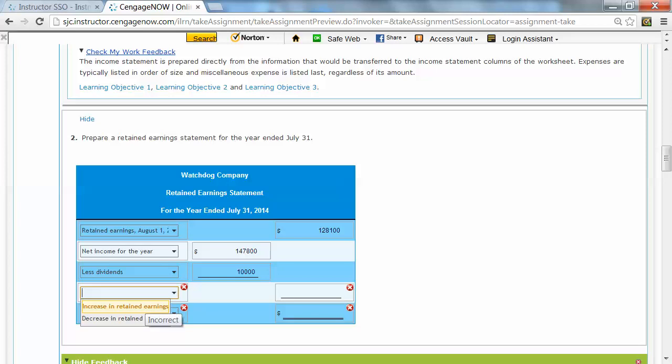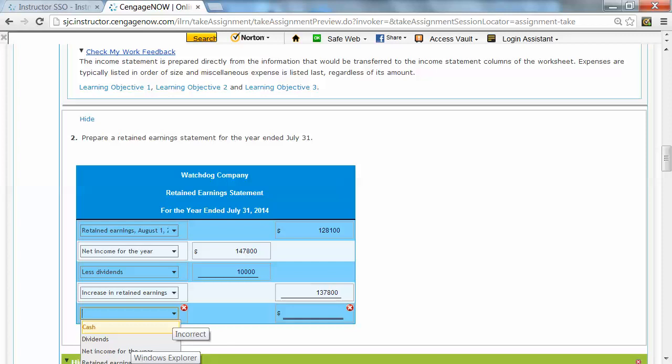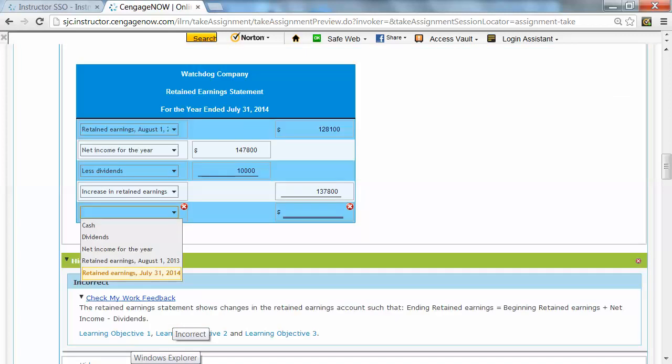I'll have an increase in my retained earnings because my net income is greater than the dividends I paid. I will take the net income, subtract the dividends from it, so that's 137,800. And then I will have my retained earnings balance at the end of the period. That's July 31st,